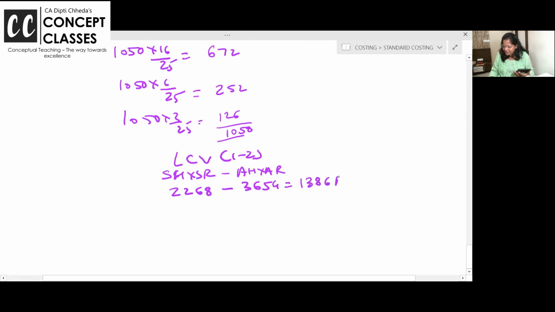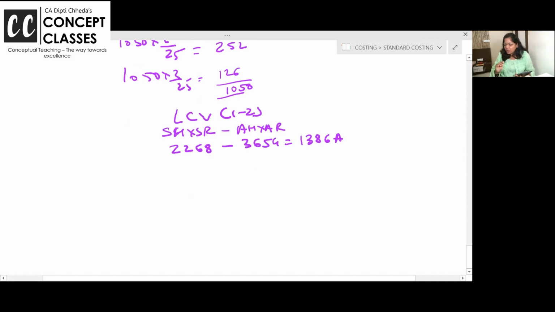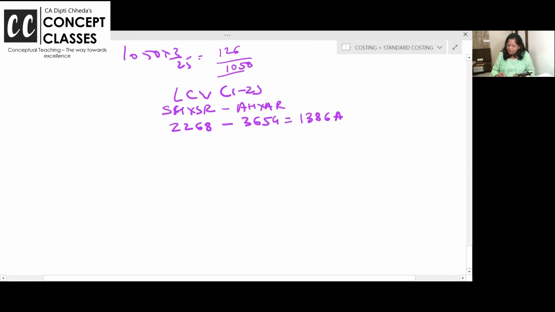1386 adverse. I'm just doing it for the total. Then if you want, I'll show you for individual. Labor cost variance